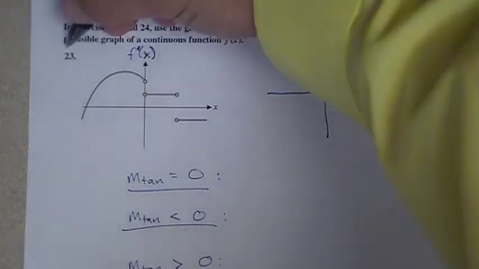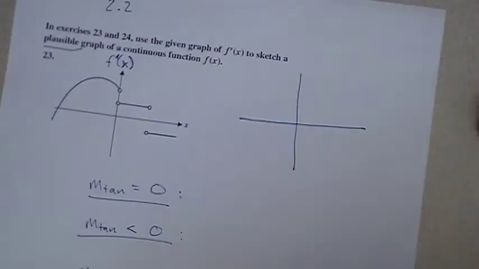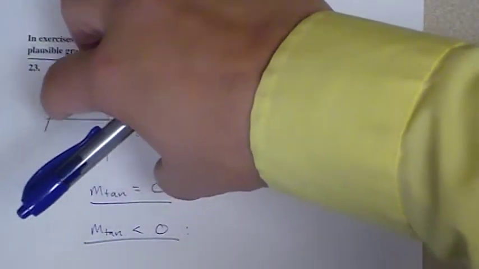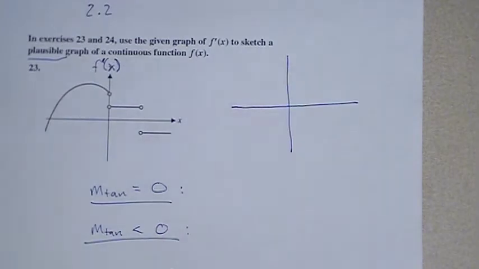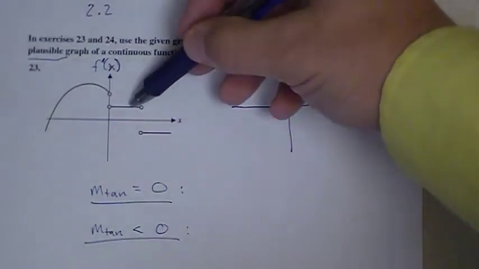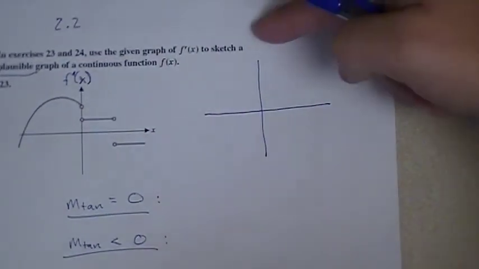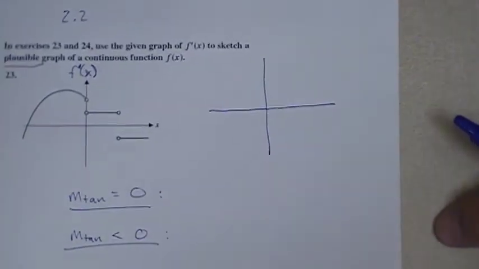The reason why this word "plausible" is here is because when we looked at this in class, we decided that the information we can take off this graph will tell us the shape of our curve, which direction it's traveling, but it won't really tell us where it's located within the coordinate plane. So we can move a curve of a particular shape up or down in the coordinate plane, and the slope of the tangent line at any x value you look at will still be the same as if the y value at that point was negative 50 or positive 50. So it's a plausible curve because the shape of the curve can be determined by this, but the location, way up here in the coordinate plane or way down here, we can't really determine based on what